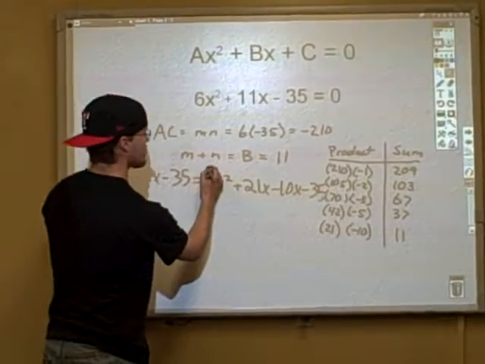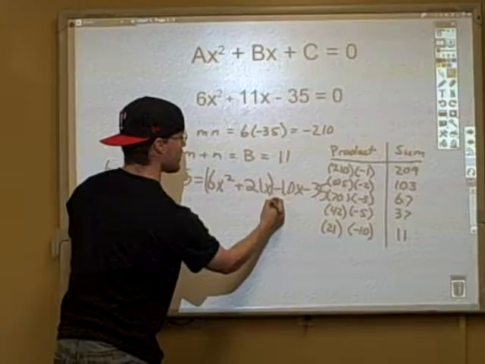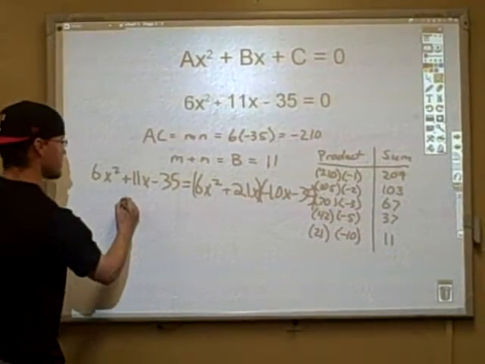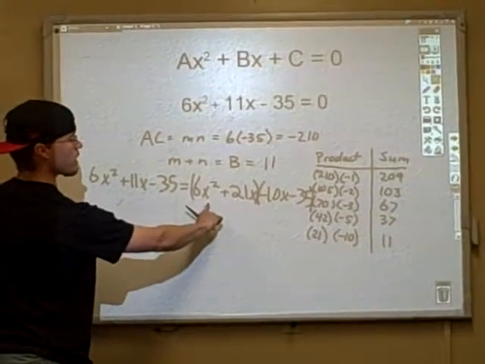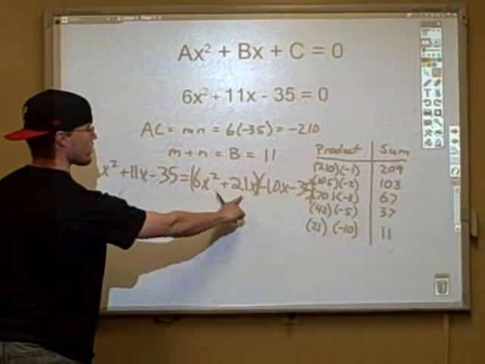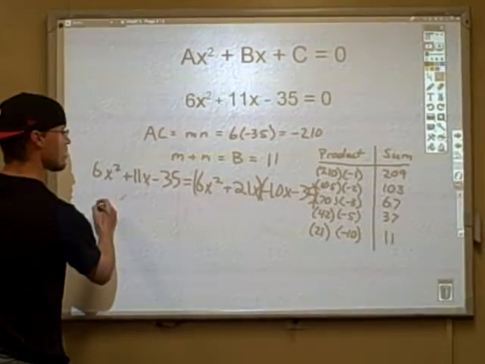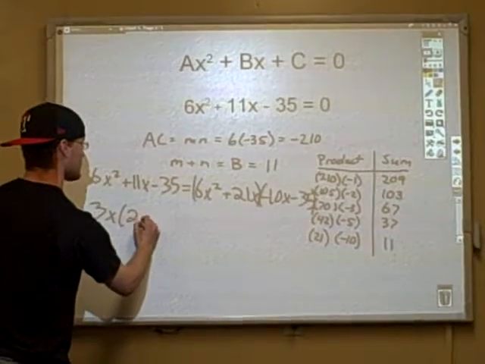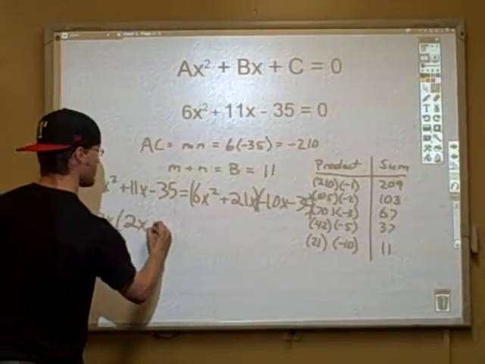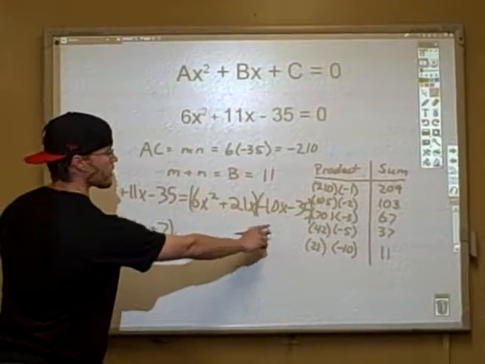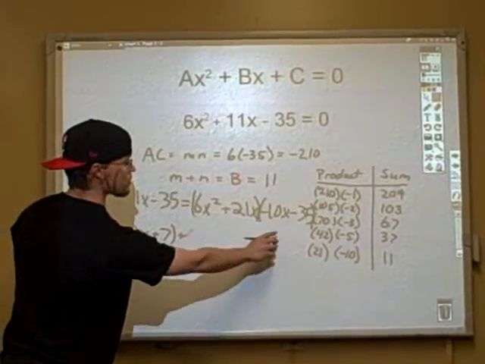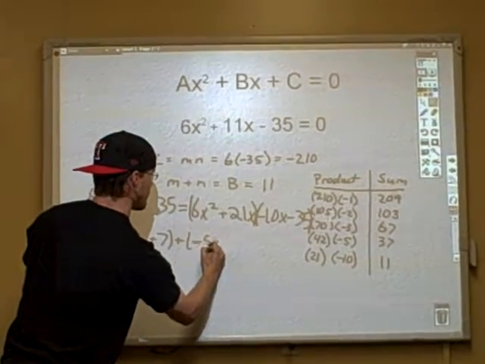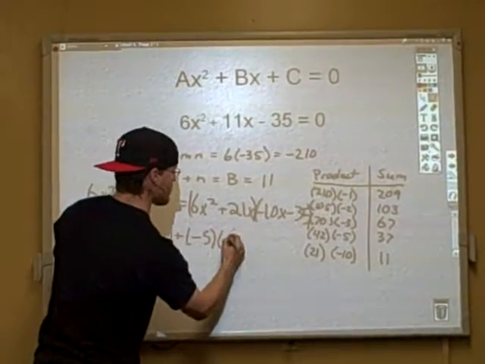So we group up right here, and we group right here. So since we have a 6x squared plus 21x, we can factor out an x, or a 3x, sorry, to get 3x times 2x plus 7. And then over here, we can factor out a negative 5. So we get negative 5 times